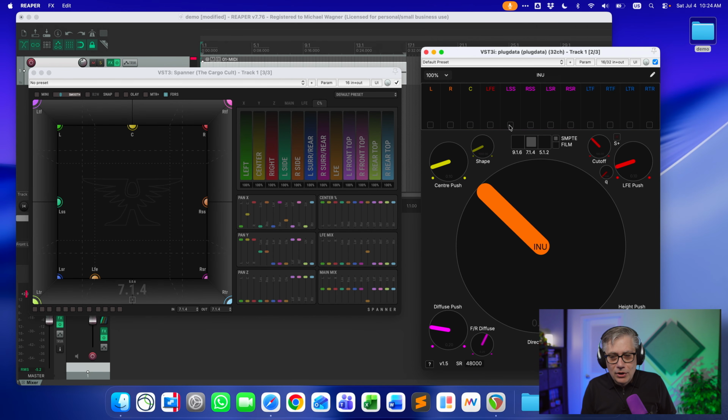And as we go through the individual channels, we actually see that these rear surround channels and the side surround channels are swapped. So what is the side surround channel actually comes in as the rear surround channel, and what is the rear surround channel comes in as the side surround channel. And the same thing goes for the right ones, obviously. Now, fortunately, the height channels are correct. So front is correct and back is also correct. So before we do anything, we first need to make sure that we reconfigure the channel layout so that Spanner is actually working correctly in Reaper.